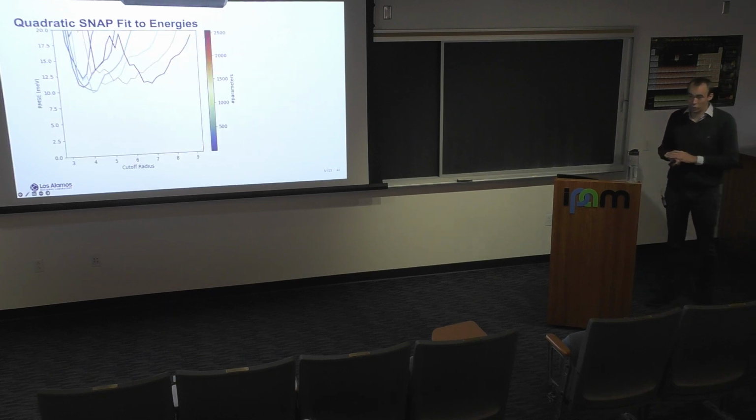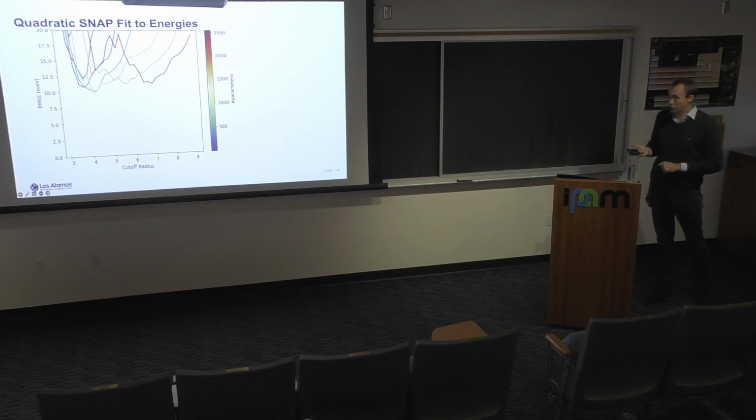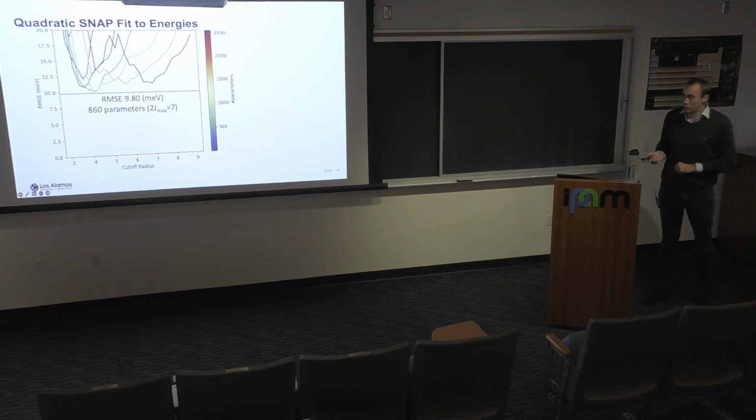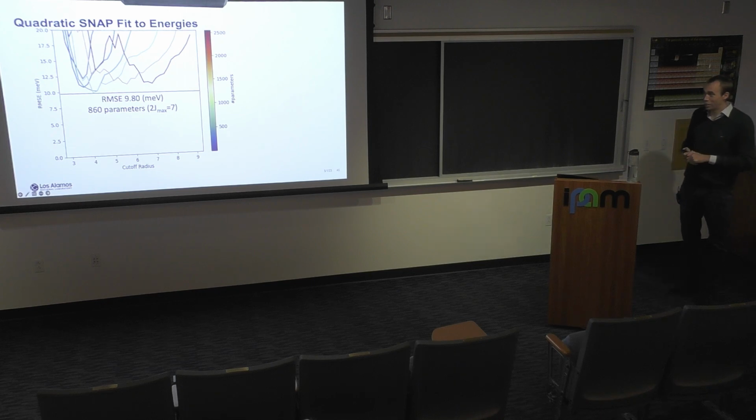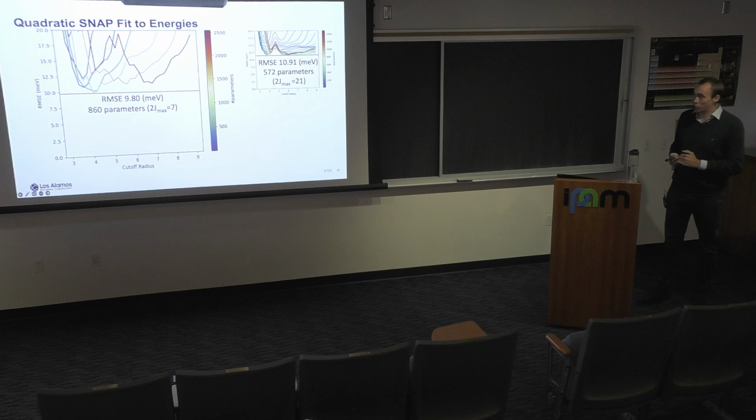Now coming back to our challenge, right? We wanted to go below 10 meV for this potential. So we applied the same studies for different types of potentials. We started with a quadratic SNAP, and what you see here is that we were finally able to break the 10 meV barrier. We got down to 9.8, but that was not as much as we expected. So we see this here in comparison: we were at 10.9, now we are able to go to 9.8.